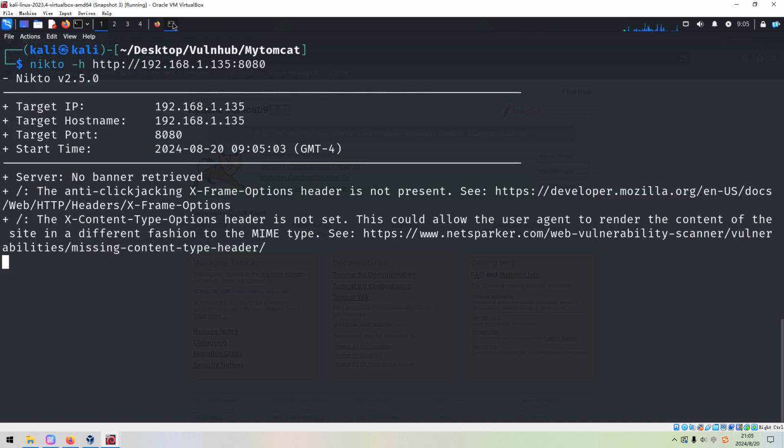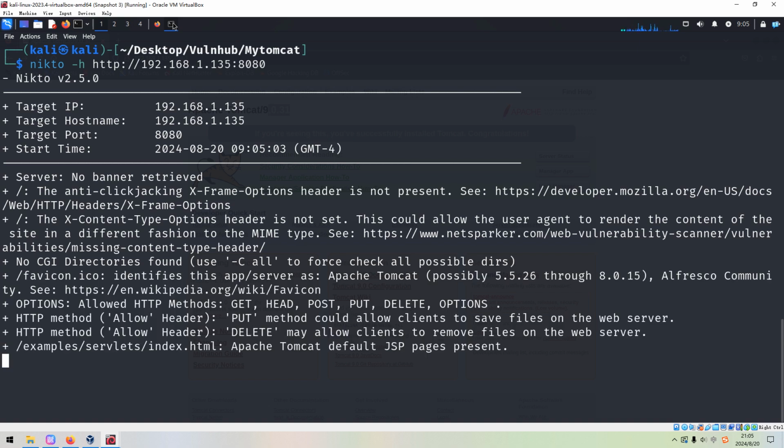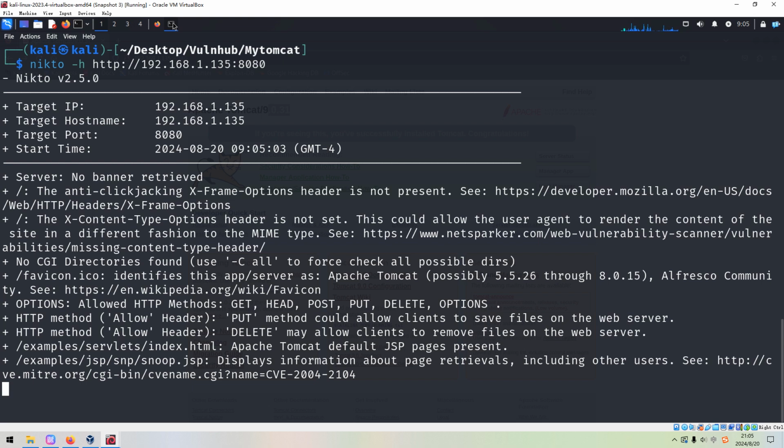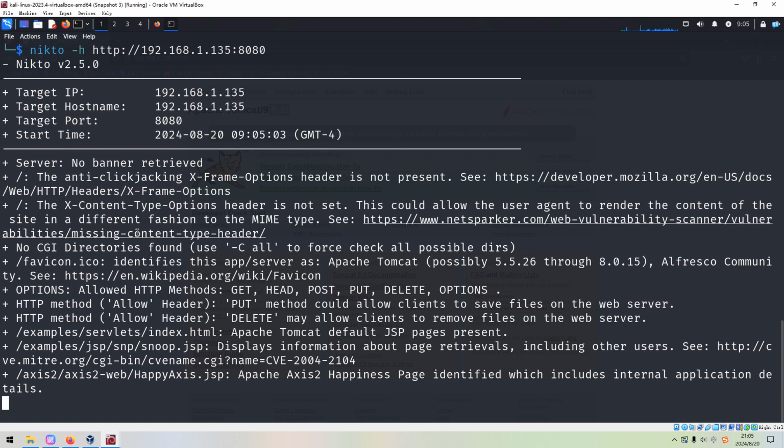Press enter. And so Nikto can give us some information about this web application from various aspects, for example, like some common files or directories, and also some header request, header information. But I don't think we can find anything useful from Nikto. To save time, I'd like to stop here.